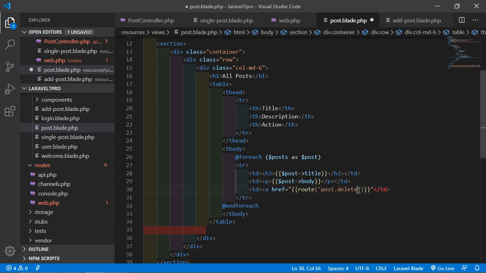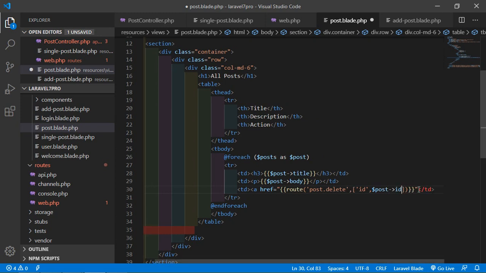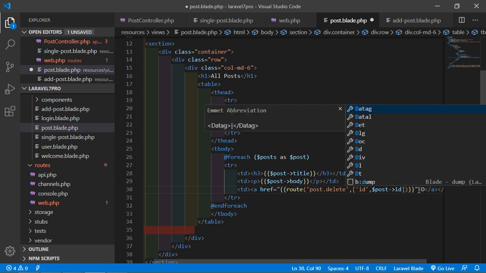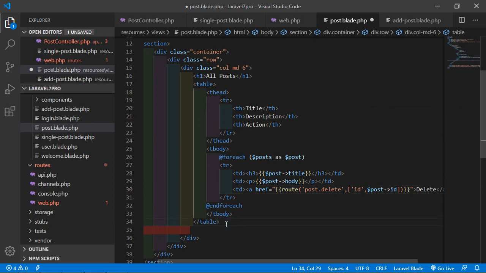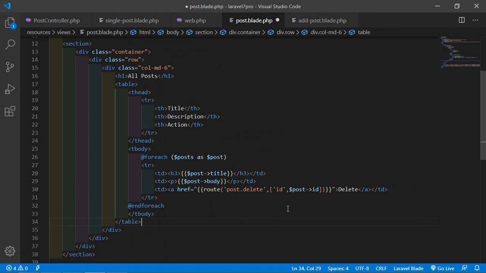All right, and also pass the id here. So just write id, $post->id. All right, and close the anchor tag. Inside the anchor tag just write delete. All right, now save the file